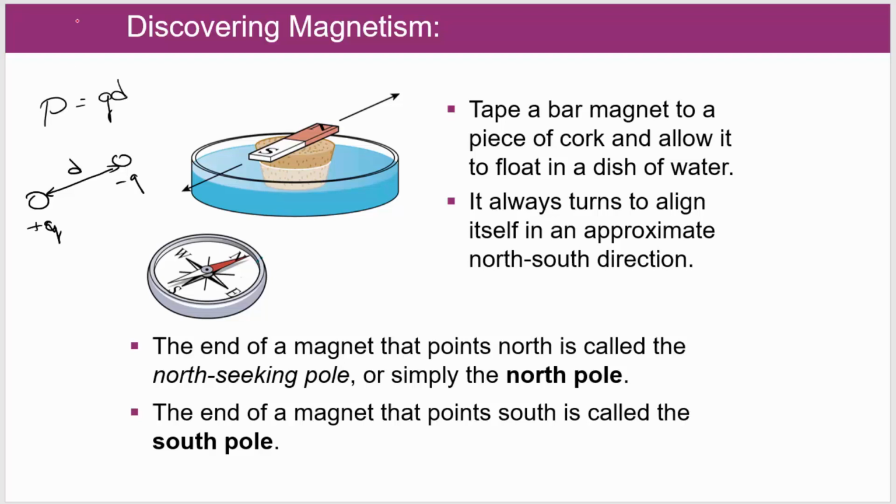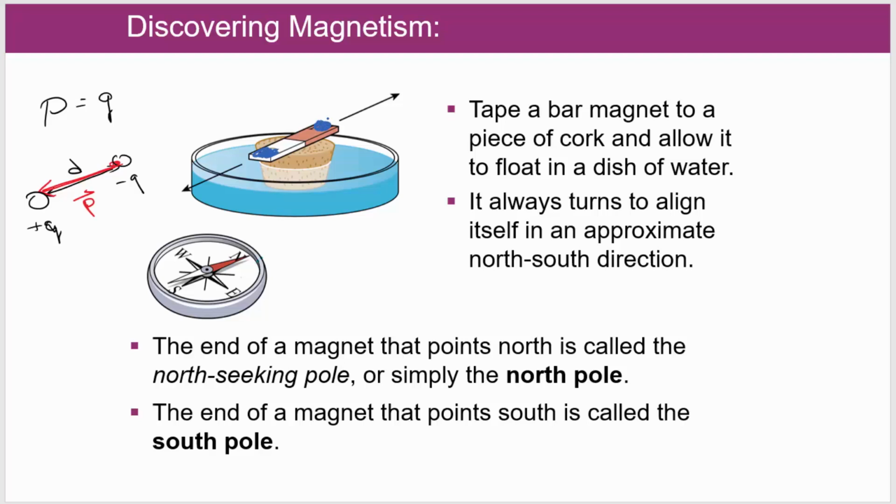The electric dipole moment vector points from the positive to the negatively charged particle. The size of that vector is equal to the size of the charge times the displacement. For magnetism, we have a north pole and a south pole,